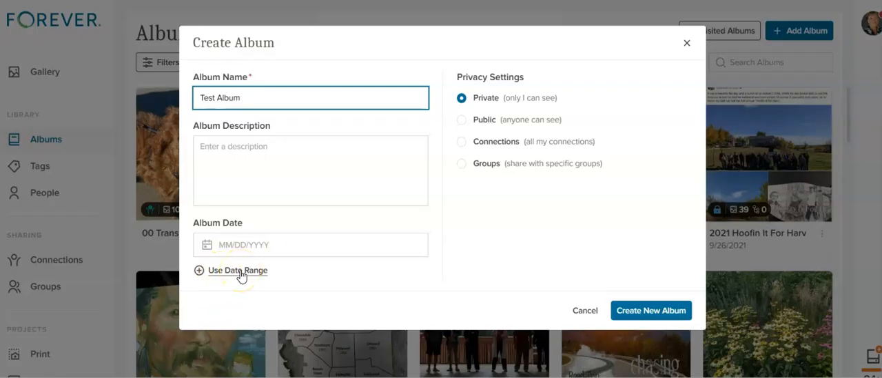and you can also create a range. So if you wanted to make an album for a period of time, a decade, then you could add the beginning date and the end date. On the right-hand side, you'll see privacy settings. So private is only I can see it. Public is anyone can see it, so it's out on the internet. This is connections, and so those are people that I've invited to view my albums or whatever I have as a connection. And then groups,